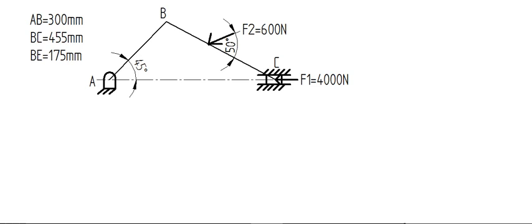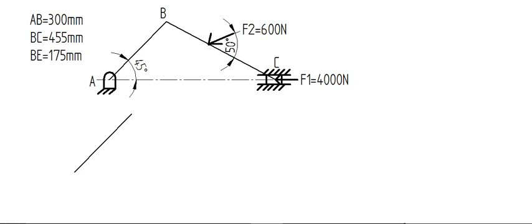So you can construct this mechanism, and then we can draw the free body diagram, and you can finally find out the torque required, that is for the input, that is for AB. Okay, so let's see how to solve this. So first we'll take the free body diagram for this. So first take AB. Okay, so I'll directly take this. So this will be the free body diagram for the link AB.